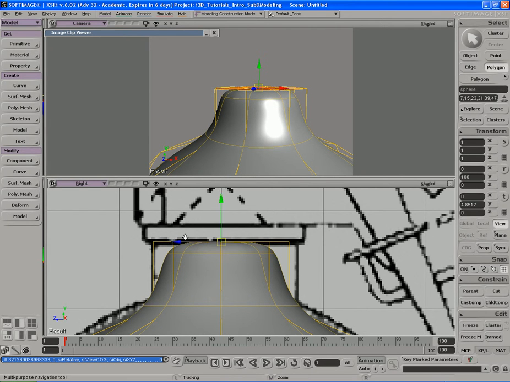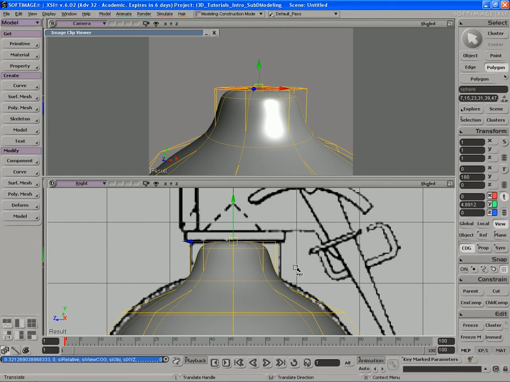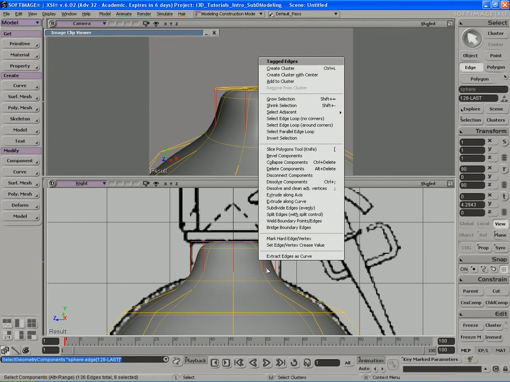So about to right there. And then what I'm going to do is hit E on the keyboard to switch to edge mode. And I'm going to make a selection down here in my right view, and make sure that I select all these edges right here, and that whole ring of edges. Then I'm going to right click on the object, and in my right click menu I'm going to go to